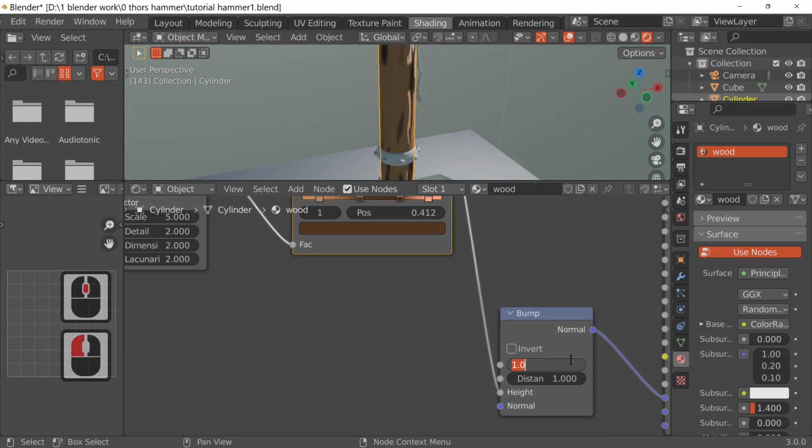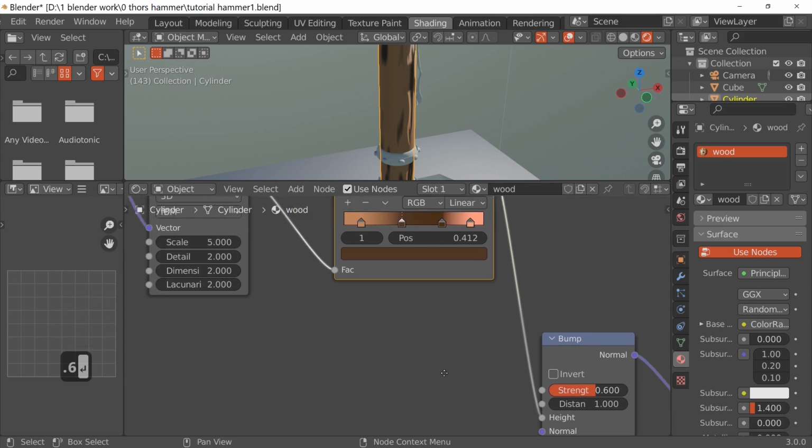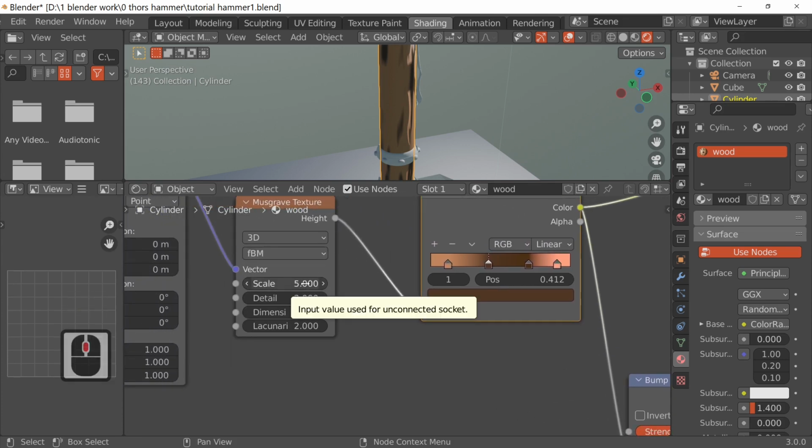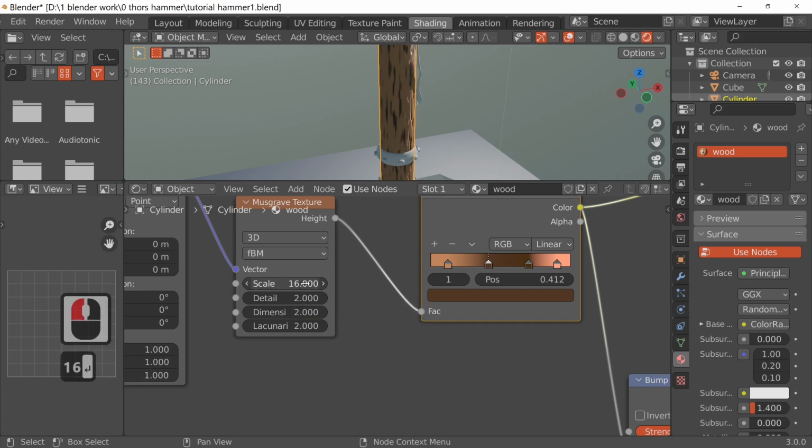So we're going to change the strength to 0.6, and I'm going to change the scale on here to 16. The detail also to 15. No, the dimensions to 17.